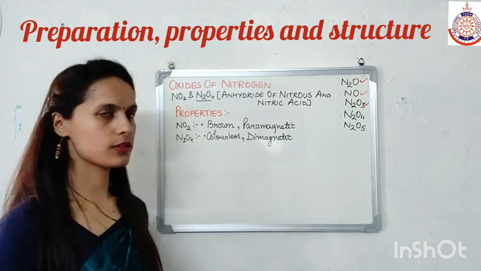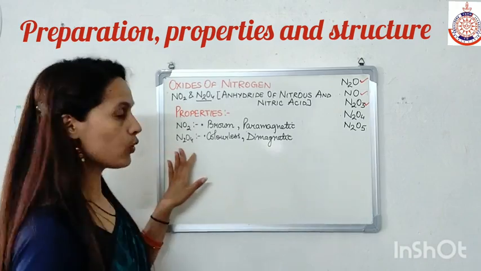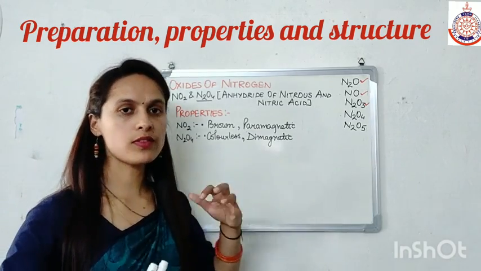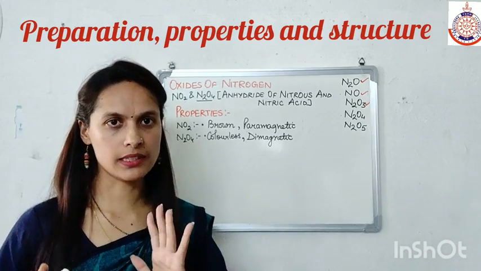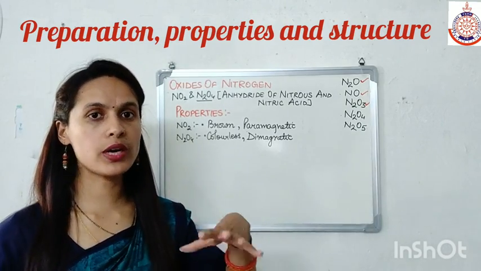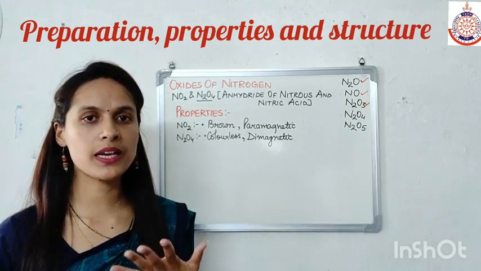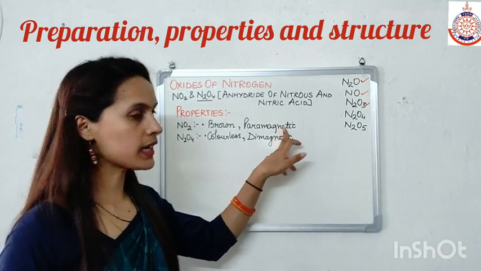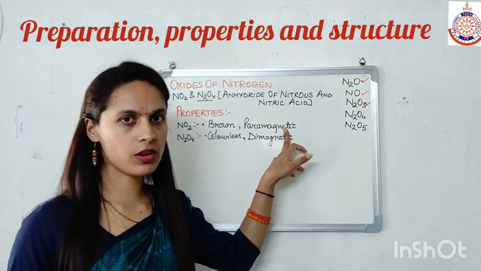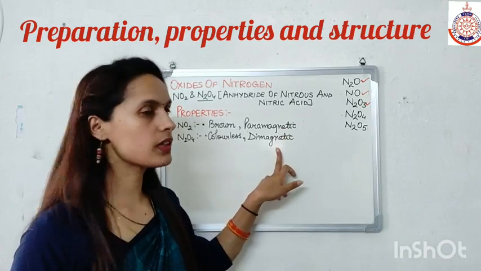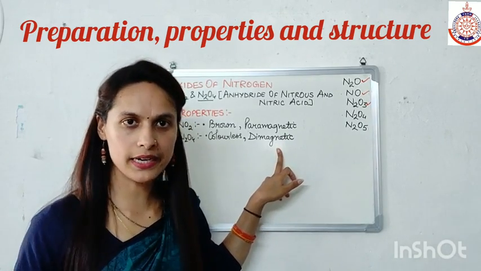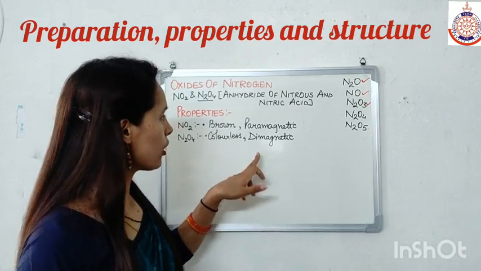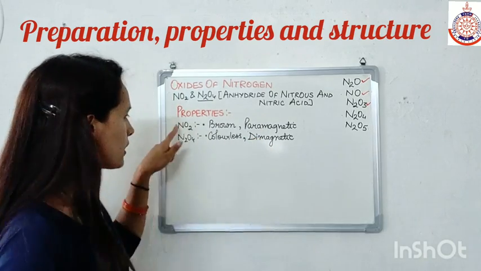Means NO2 is brown in color, N2O4 is colorless. Means when we cool NO2, its brown color disappears and it becomes colorless. And when we heat N2O4, its color becomes brown. NO2 is paramagnetic because of the presence of an unpaired electron, and N2O4 is diamagnetic due to the presence of all paired electrons. Now, because of the paramagnetic nature, this NO2